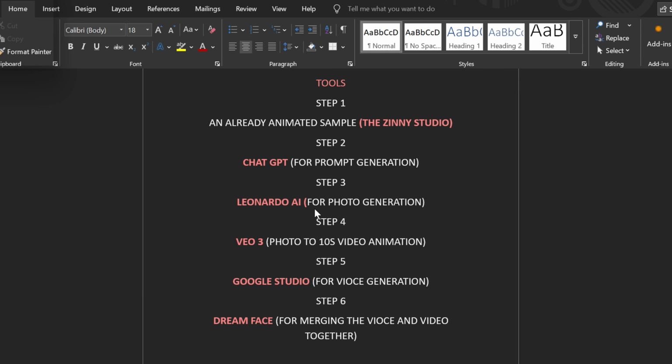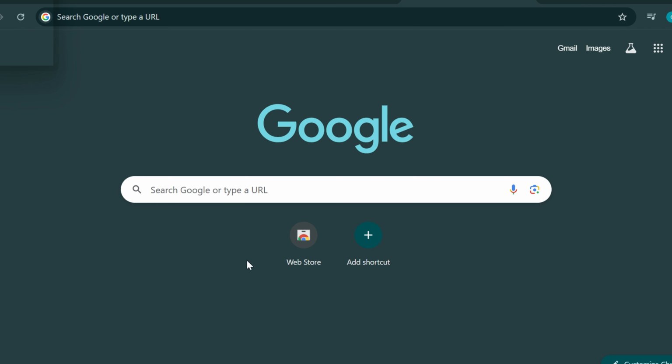Now we've generated our photo. The next thing we are going to do is to generate a 10 seconds animation video. What I mean is using VO3 to change it from a photo to a video. Now for us to do it, we're going to head over to Google and search Reflow, which will take us